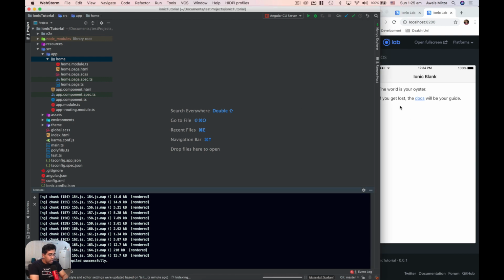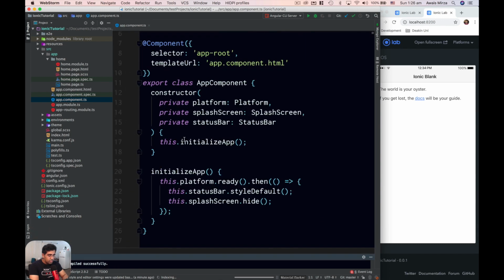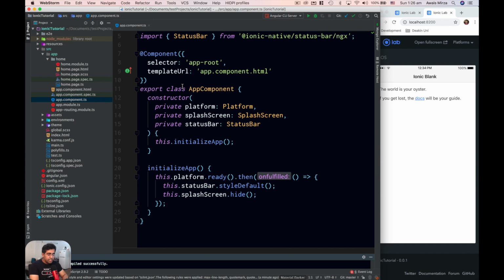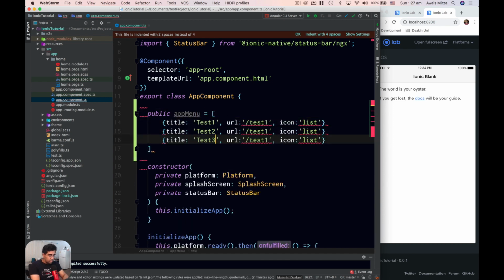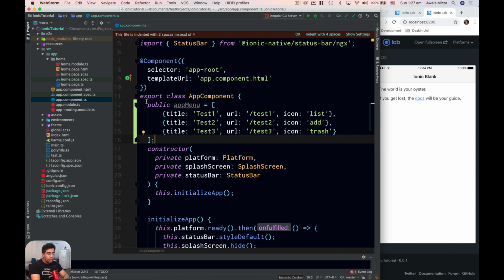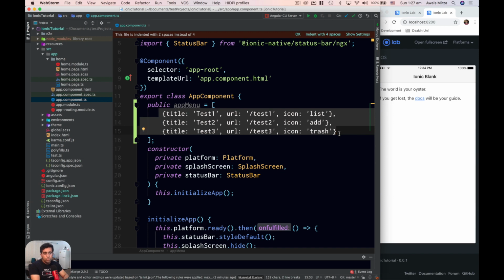So first of all, we're going to go and implement a sidebar. To implement the sidebar, we're going to go to app component. And I'm just going to decrease the size here. So in app component, to define the list of the side menu we need, I will create a variable here and I'll name it public appMenu. So we created a variable which is an array, and it lists out 3 objects